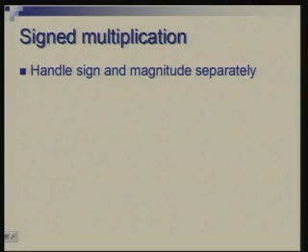Okay, now let us move towards signed multiplication. So there are 2 approaches to this. One is, we handle sign and magnitude separately. That means, if there are 2 signed numbers, we find their magnitudes, multiply them, get the magnitude of the product, and determine the sign. If the 2 numbers are of opposite sign, then the sign is negative. If they are of the same sign, it is positive. And once we know the sign of the product, you can put it back in the appropriate form, 2's complement or whatever approach you have.